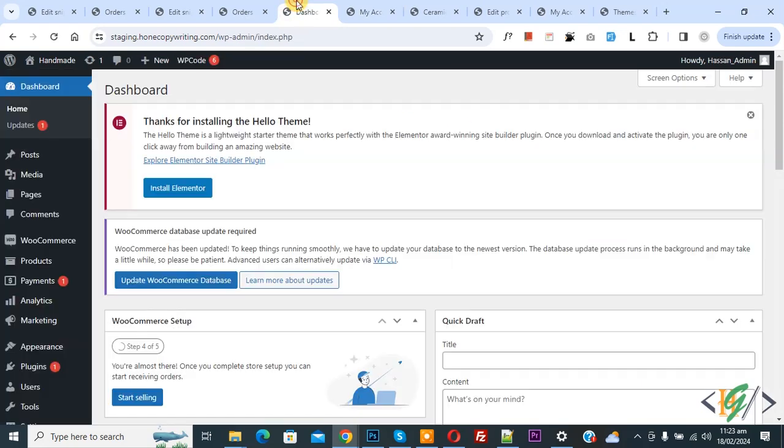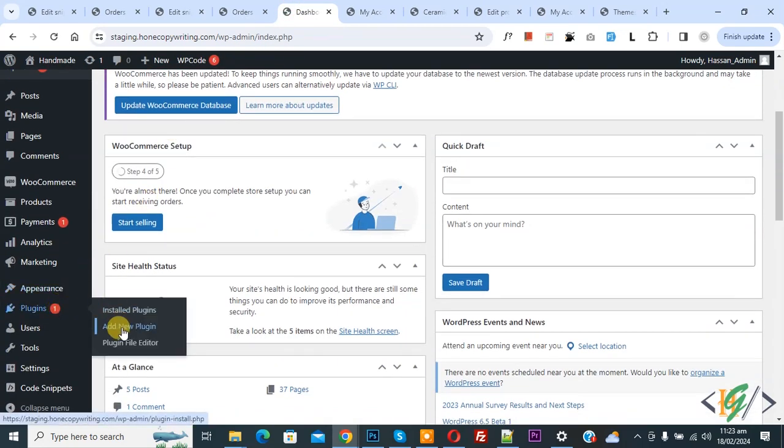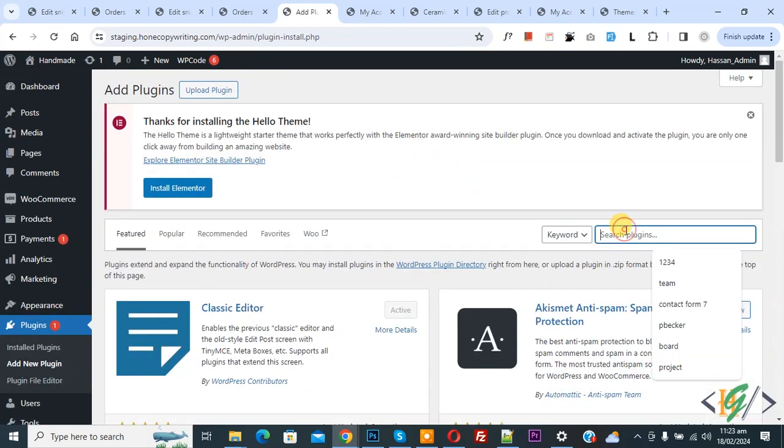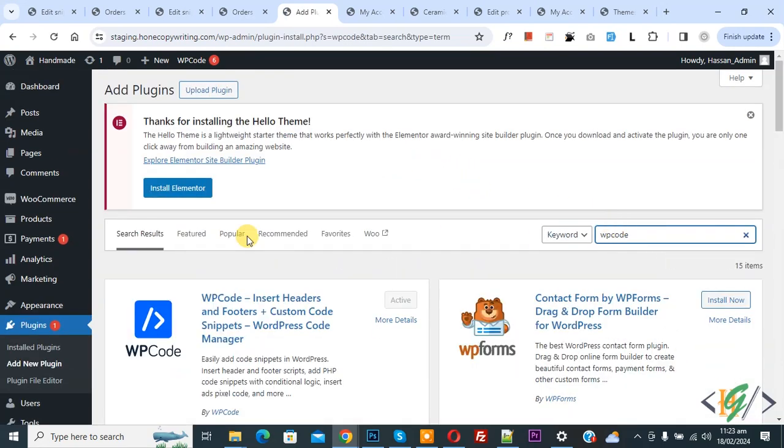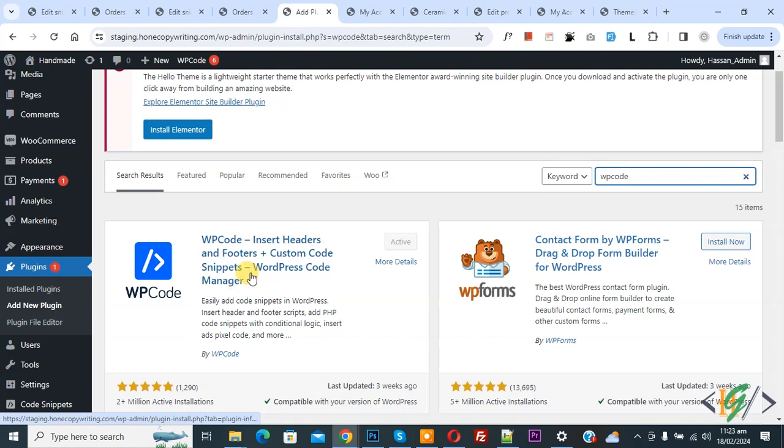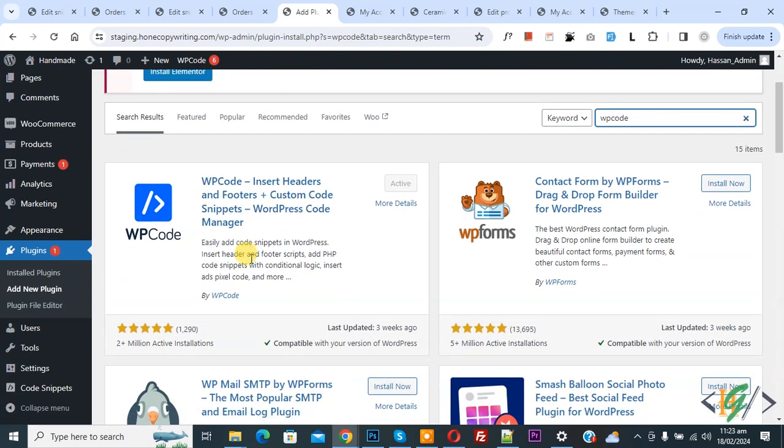Now go to dashboard. On left side you see plugin, so click on add new plugin. Then in search plugin write wpcode. So this is plugin wpcode. Insert header and footer we will use. So you will install this plugin and activate it, and after activation on left side you see code snippet and